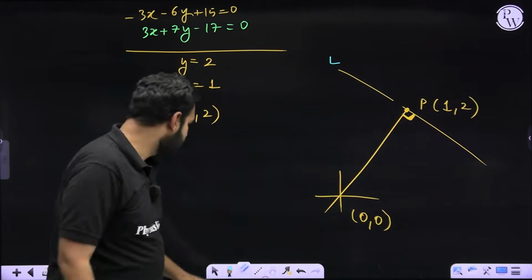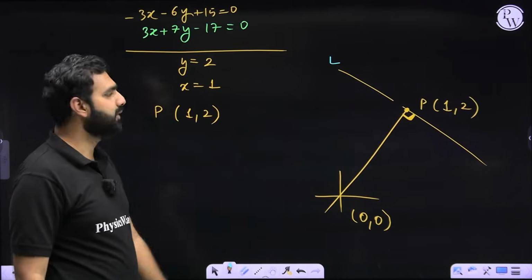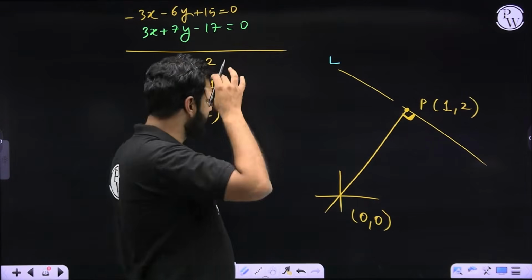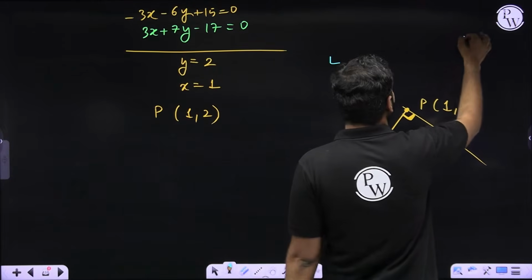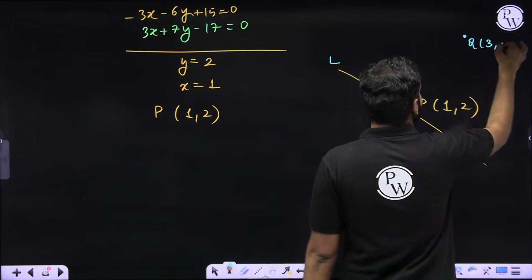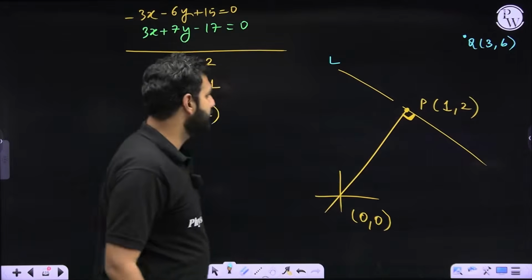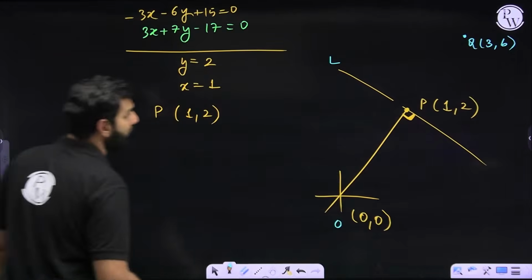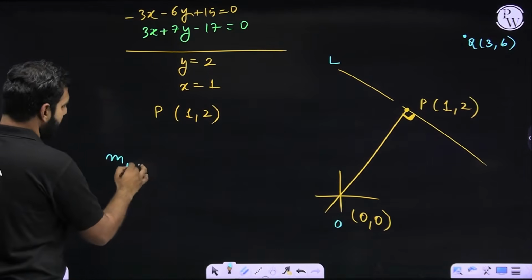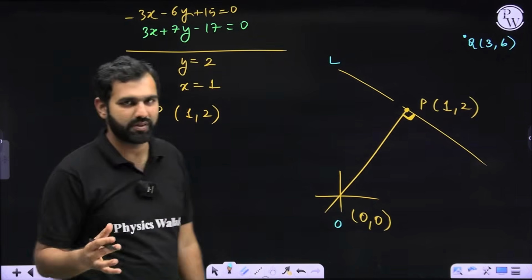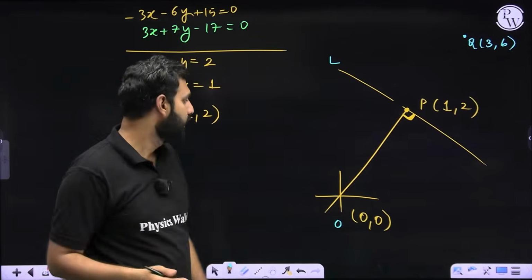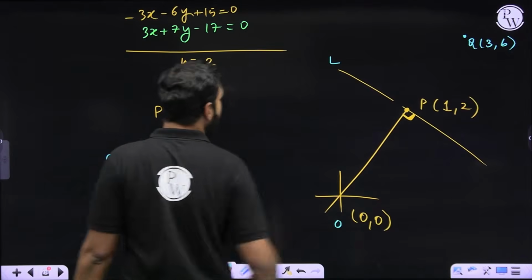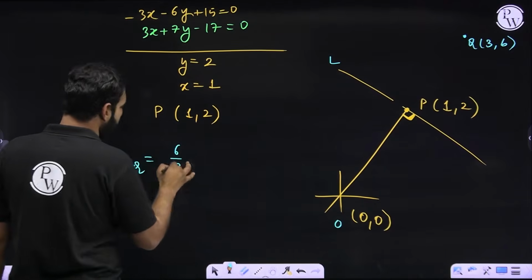Now, can you help me with 3 comma 6 now? So I'll say that there is this point Q for a while, which is 3 comma 6. Can you find, let's say this is O, right? Can you find the slope of OQ? Because I, as a teacher who has practiced such questions a lot, many times, can see a lot of things here. So if I find the slope of OQ, I'll say 6 by 3, y2 minus y1 upon x2 minus x1,